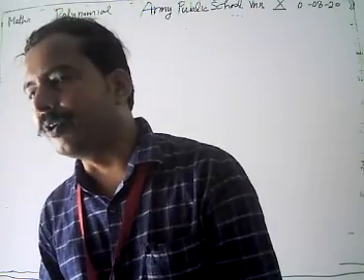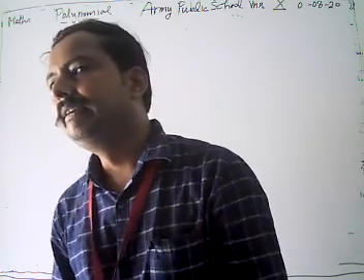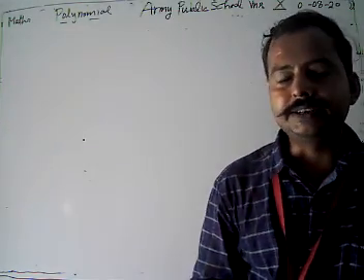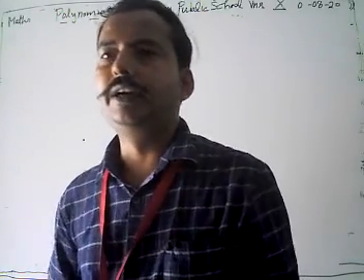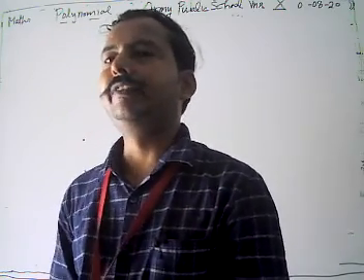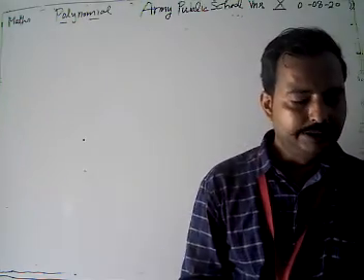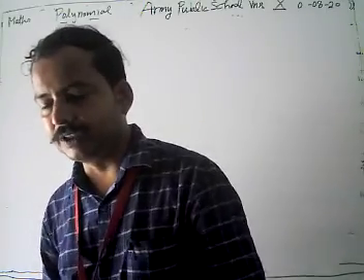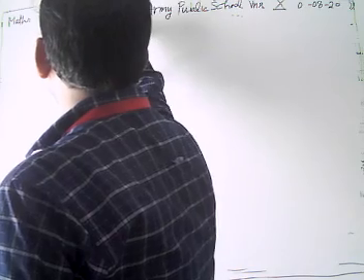We discussed the graph of quadratic polynomials, in which any equation given by ax square plus bx plus c has a parabolic graph that is concave upward if a is positive. And if the coefficient of x square is negative, then it's a downward parabola, concave downward. Then the last topic we discussed in polynomials is the division algorithm.